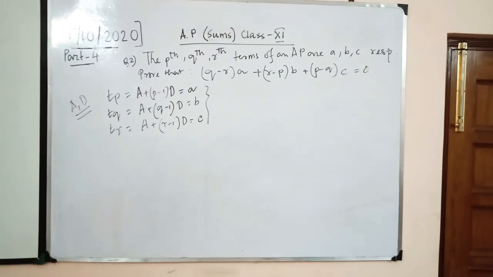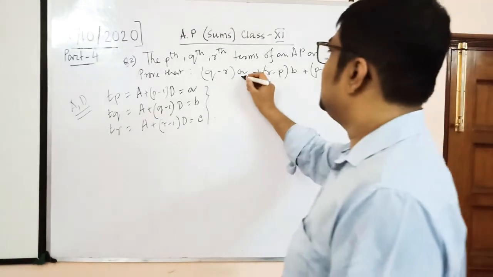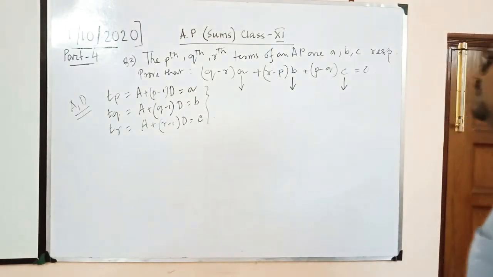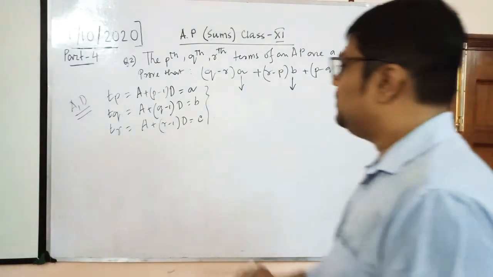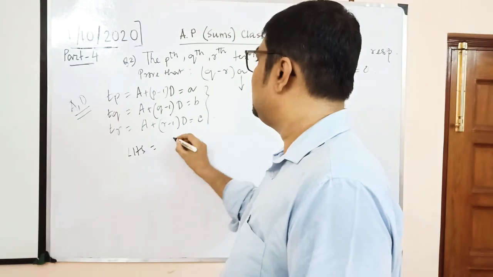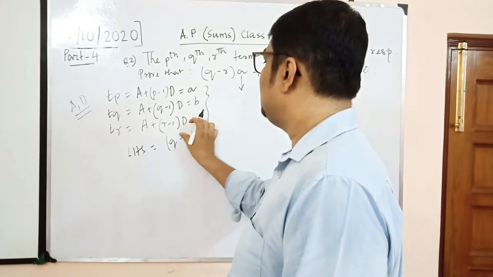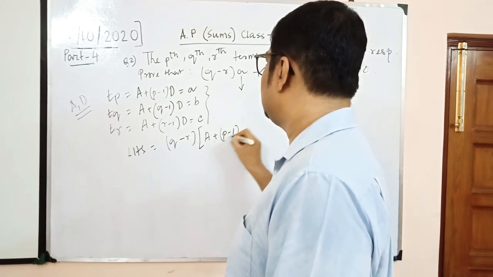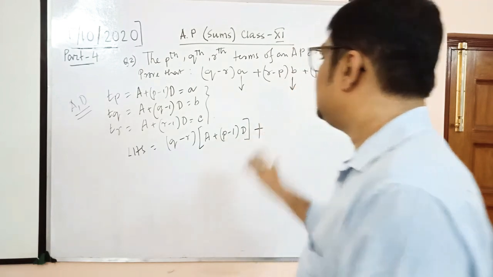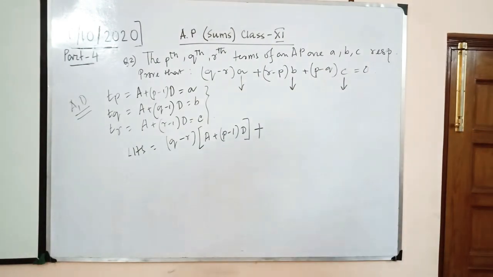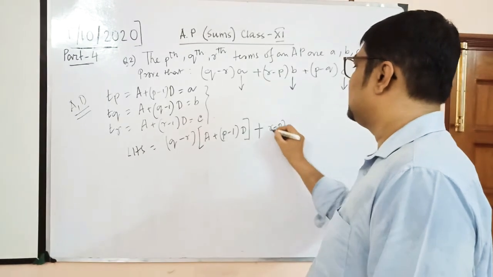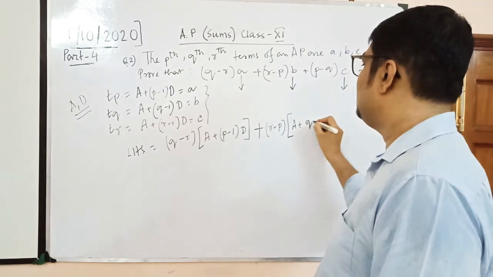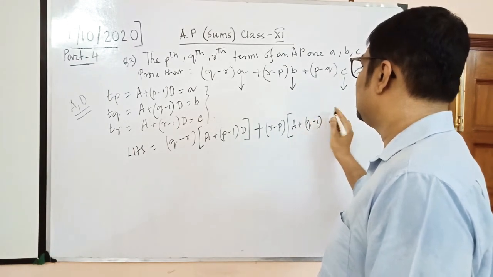So now what we do, we just put this over here. This A, this B and this C has to be substituted by this value. So if you substitute, then what you will get, the LHS will be equal to Q into R, Q minus R into this A plus P minus 1 into D, plus the next term R minus P, then A plus Q minus 1 into D,